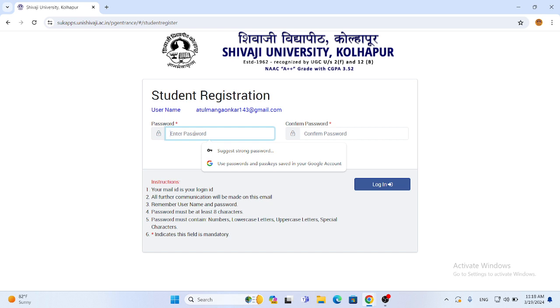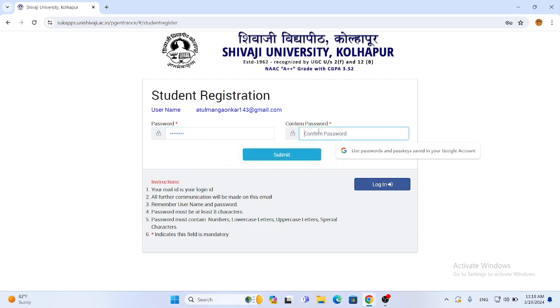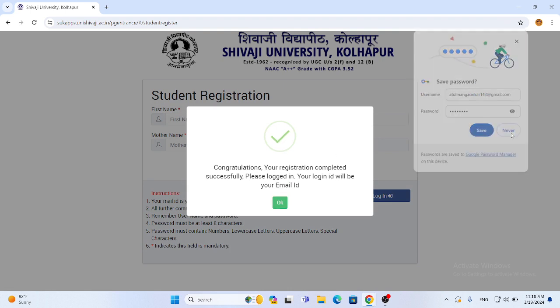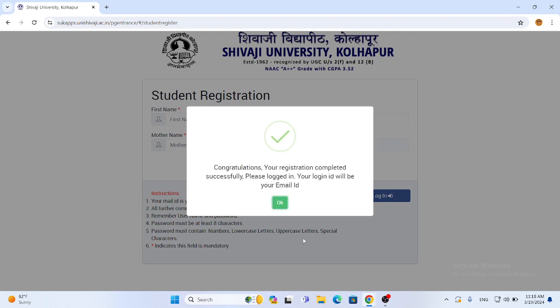Such a password should be used so that it will be strongly accepted by the system. A message will appear: congratulations, your registration is completed successfully. Please log in. Your login ID will be your email ID.